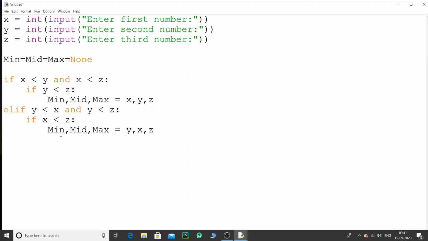Y is the minimum value. Okay, then we will see if x is less than z. If x is less than z, which means x is the mid value, so I'm giving y to min, x to mid, and the value of z to max. Okay, so let's go and have,